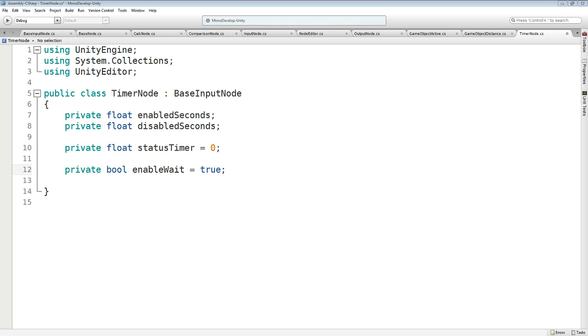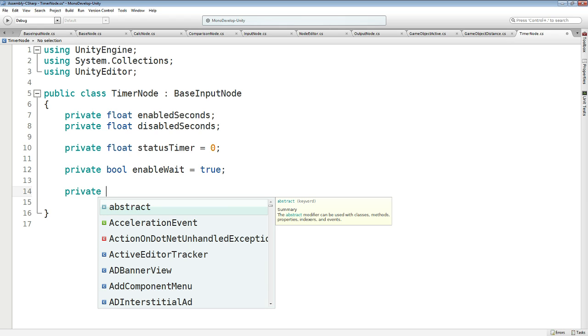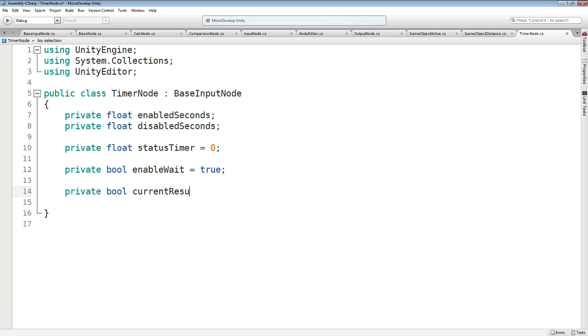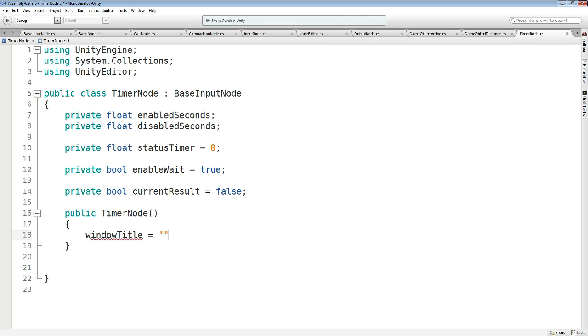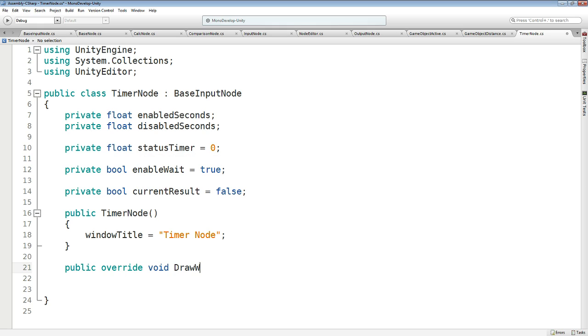so if this is true, it will move the timer until we have reached the enabled seconds. And of course, private, we want a bool which we'll call current result, and we give it a false. So timer node, public timer node, window title equals timer node, public override void draw window,